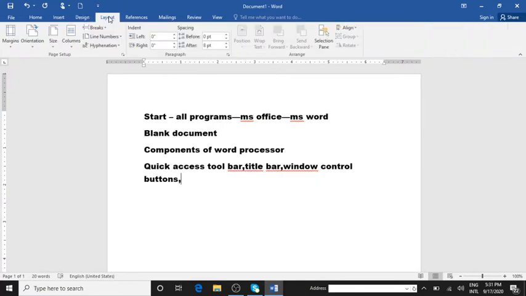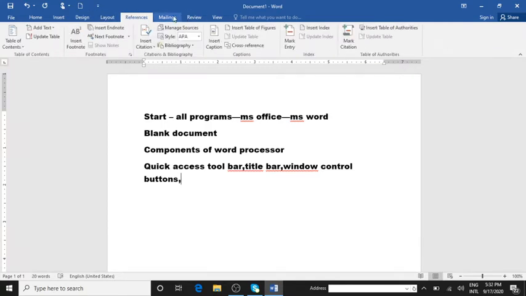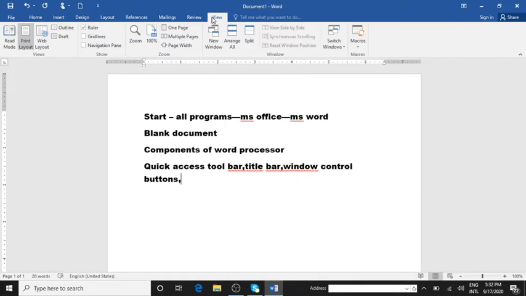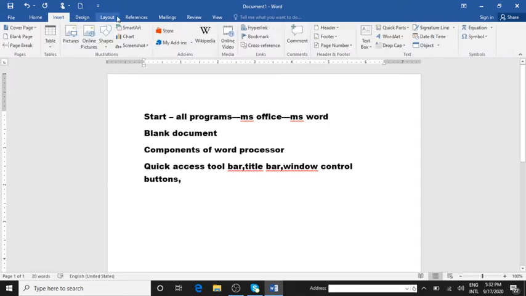Layout, References, Mailings, Review and View. These are called File, Home, Insert, Design, Layout, References, Mailings, Review. These are called tabs.